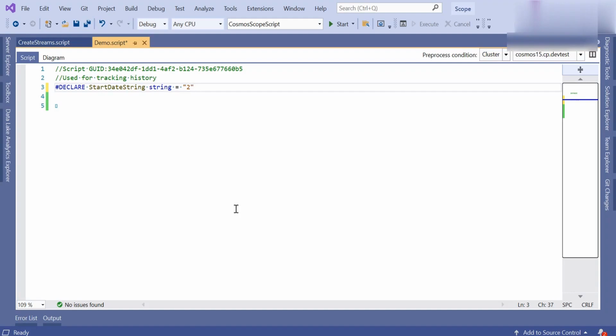Here we have to give the year, then the month, then the date. Similarly, we have to create a variable for the end date as well. We have streams up to August 31st.